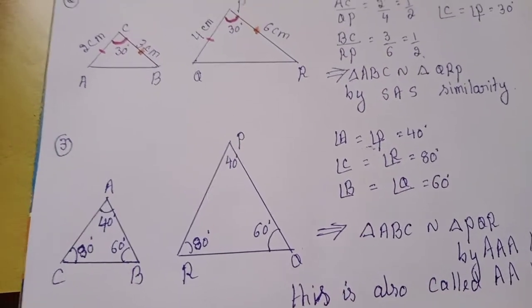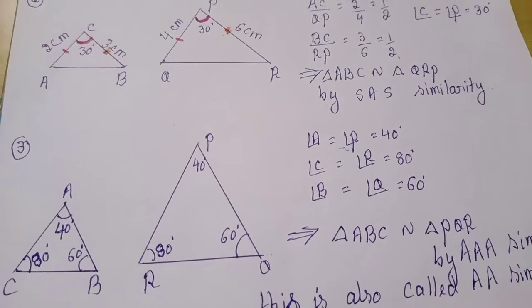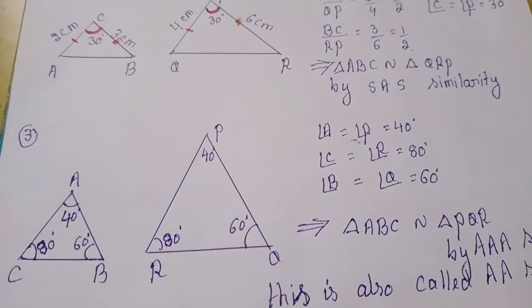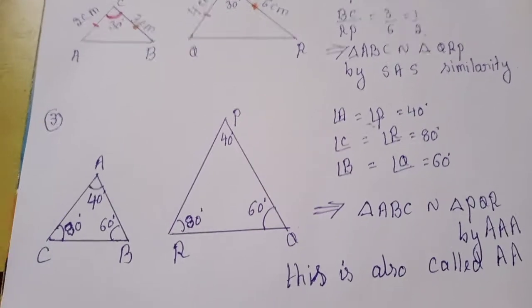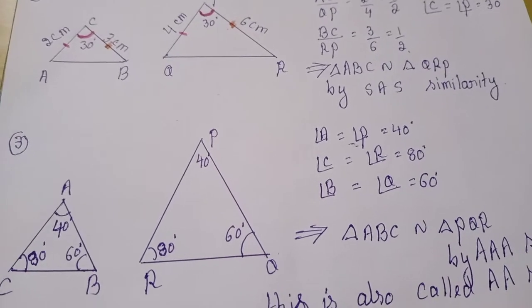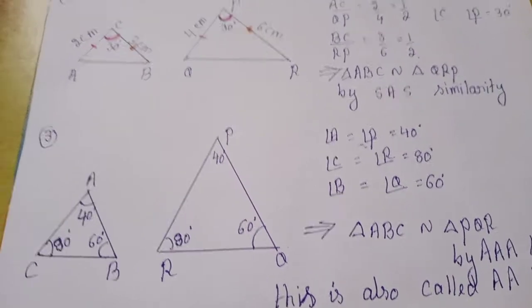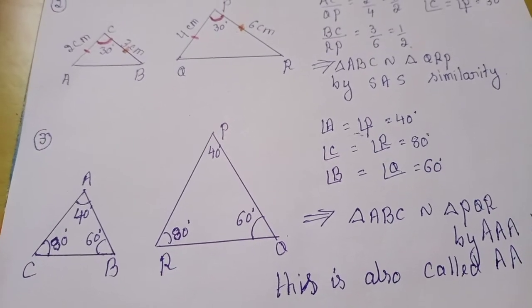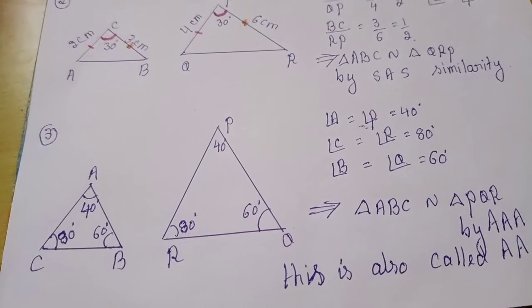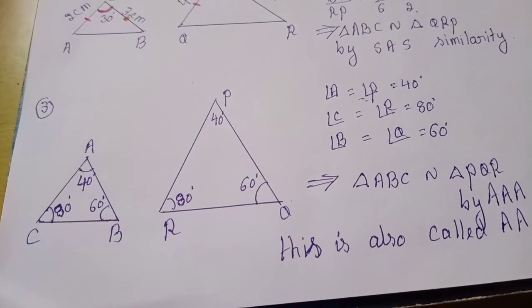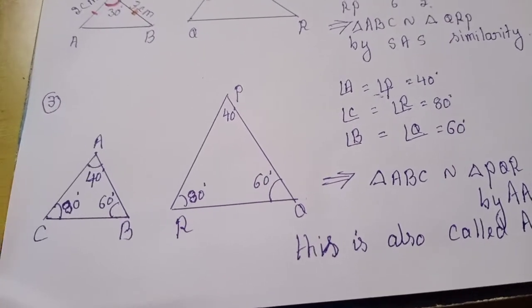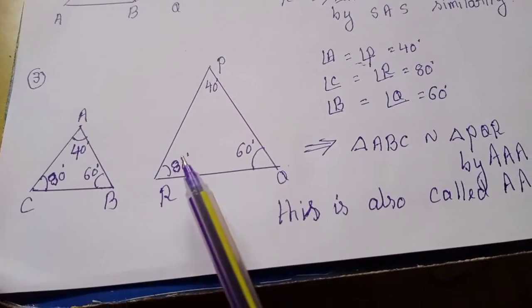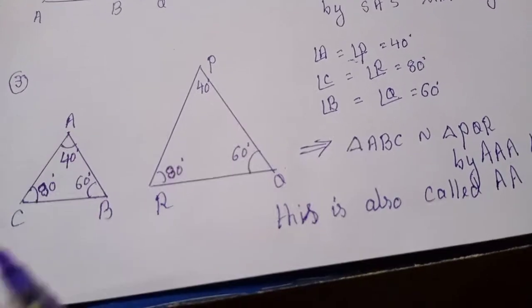The last similarity condition is AAA, that is angle, angle, angle. There we learned RHS, but in similarity you don't have the RHS condition. Another condition we learned was ASA, and even the angle side angle condition becomes AA. That is, it becomes the same as what I am doing now here. So the third one, what is this?